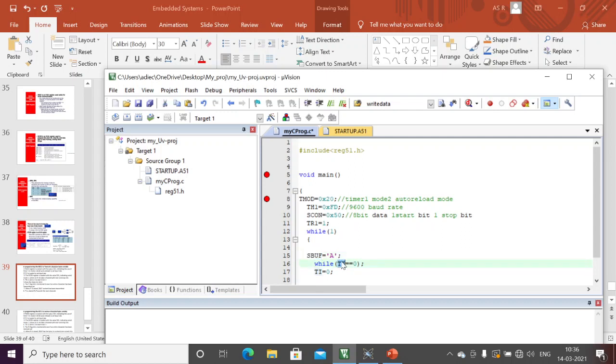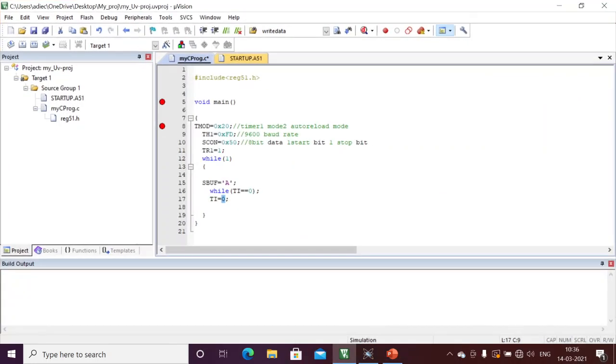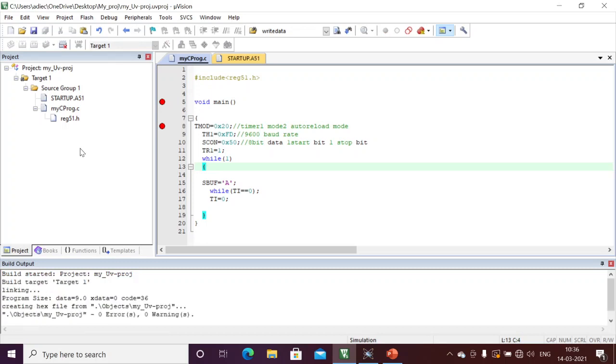I'm just waiting here. Once it is successfully transmitted, I'm going to the next step, and I'm clearing it to 0 for the next transmission. Clearing will be done by the software and set by the hardware. This is mainly the program for the transmission. Similarly we'll build and generate the executable, and once the executable is generated we can just flash it